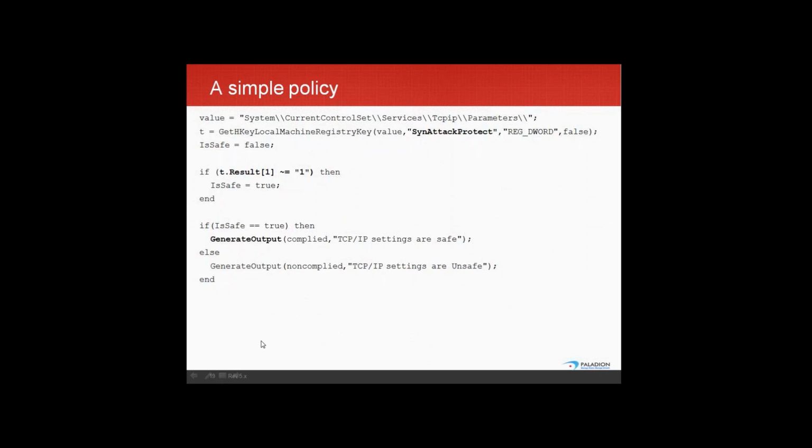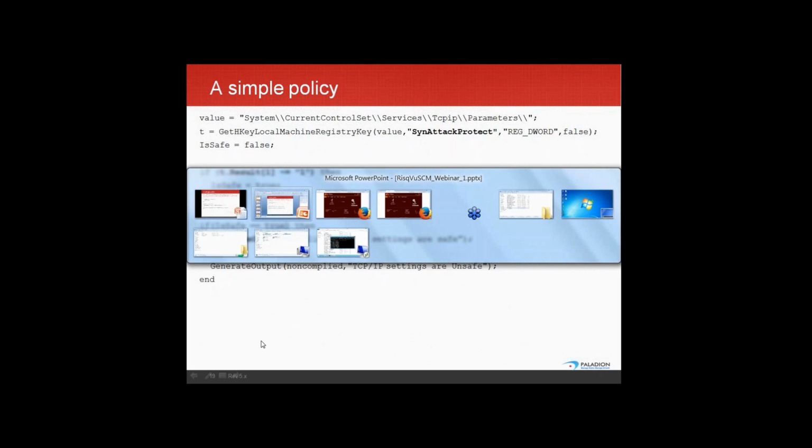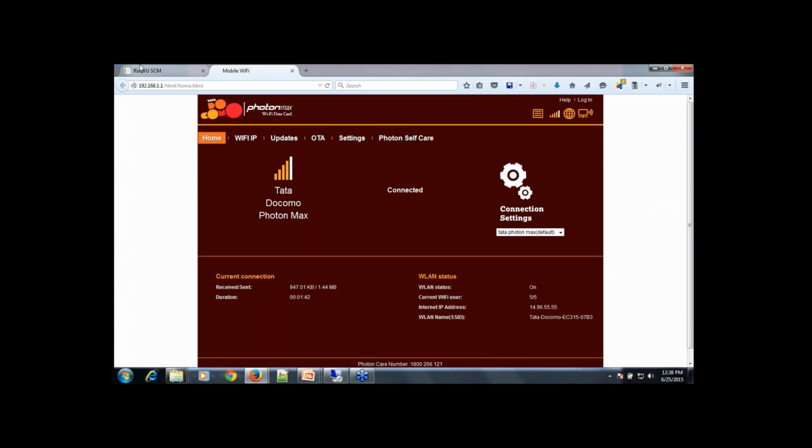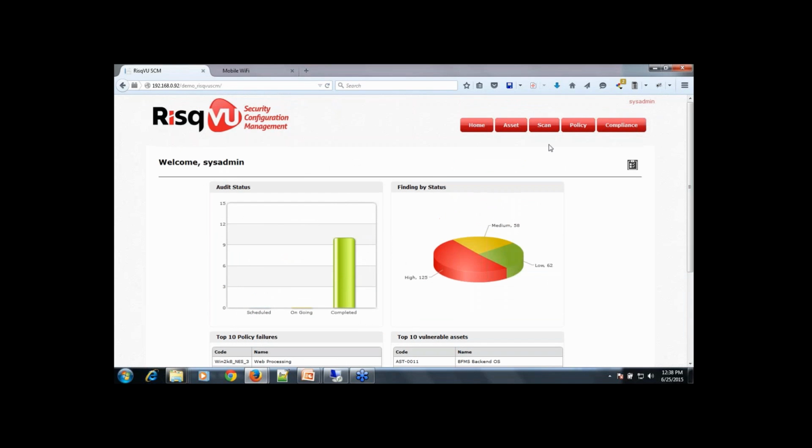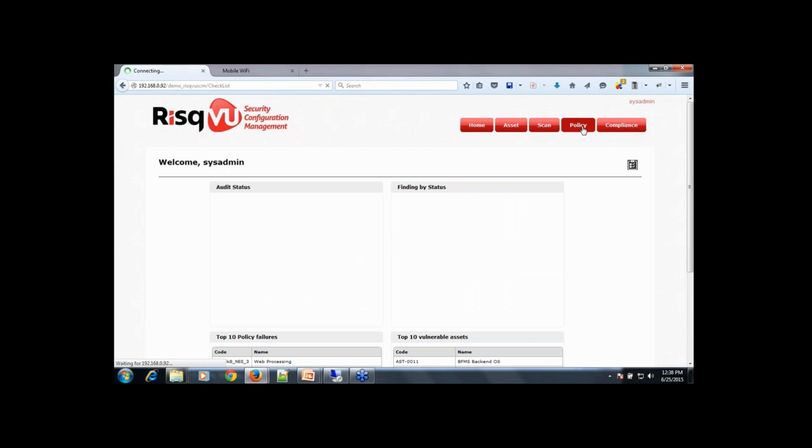So let me do a live demo to explain this much more properly. What you can see on the screen is the RISC-USCM. Let me go to the policies.